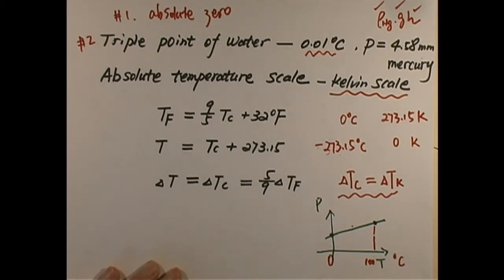This is called the triple point of water. So this happens at a temperature of 0.01 degrees Celsius, at a pressure of 4.58 mm of mercury. So we choose these two points to make a reference for the absolute temperature scale. Now, from that definition, what is 1 Kelvin degree? That 1 Kelvin degree is defined to be 1 of